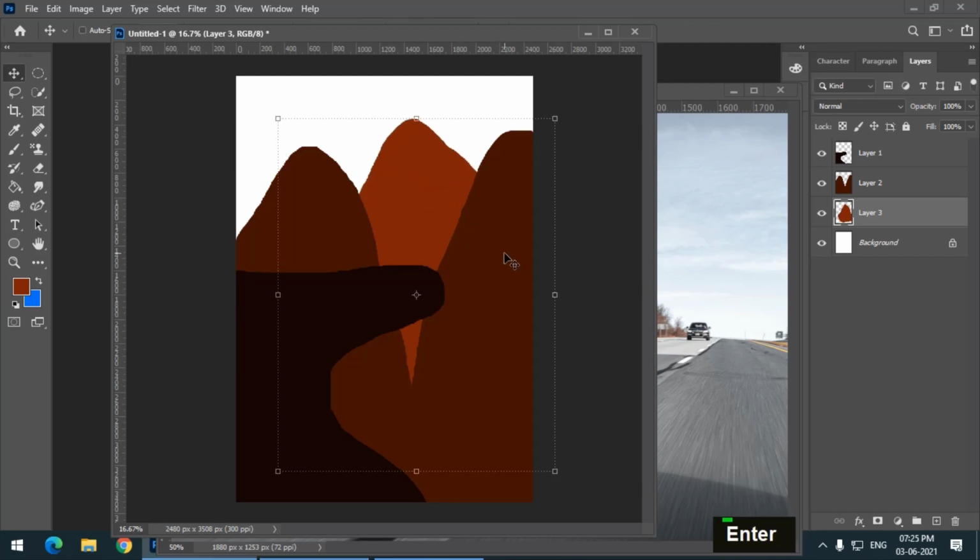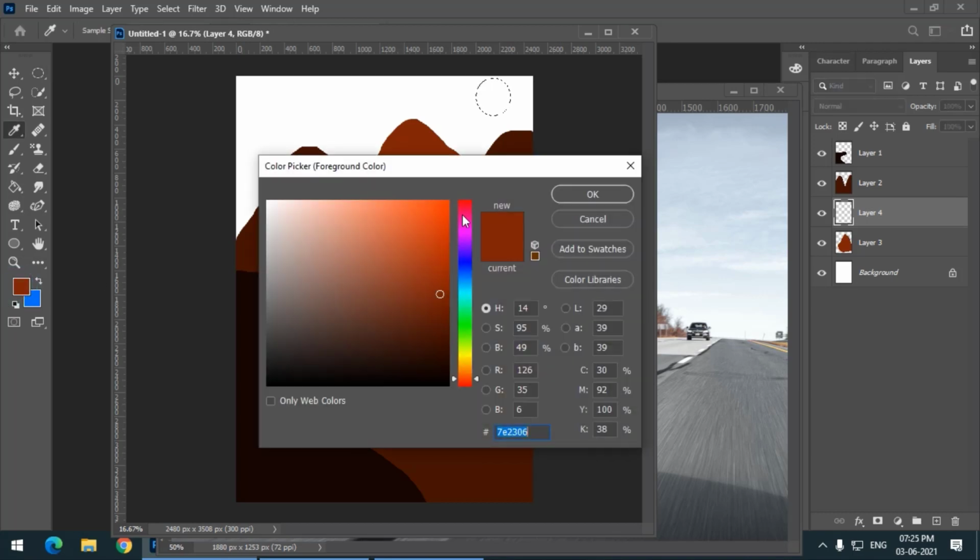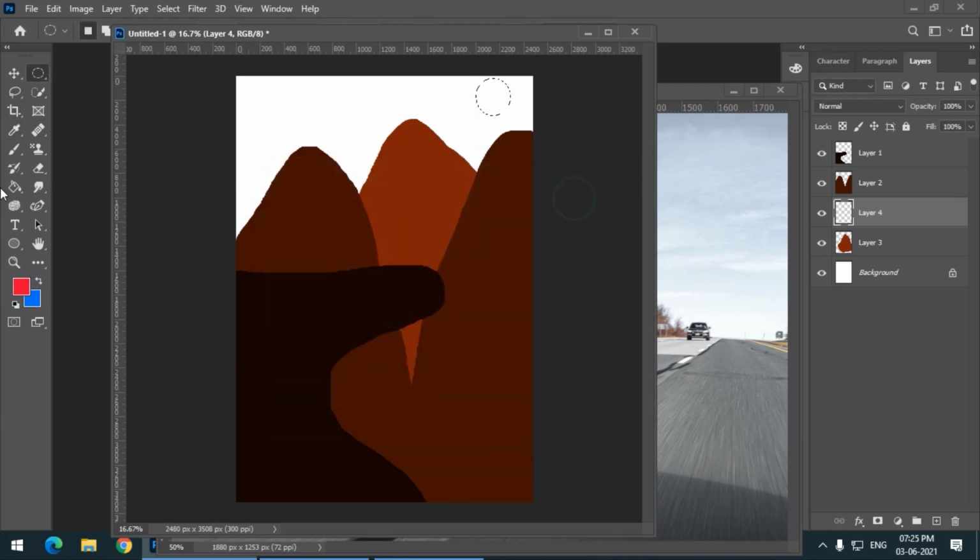If I hadn't created this on a separate layer, then I wouldn't have been able to edit this one. Okay, so what if I want a moon over here? So I'll choose simply this thing, and let's say I want a red moon, the blood red moon as they say. Paint bucket, Control D. So this is our moon.